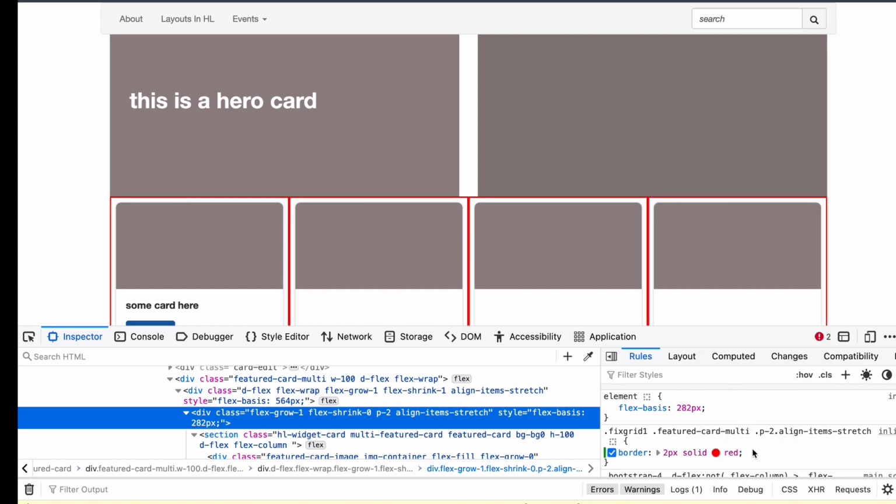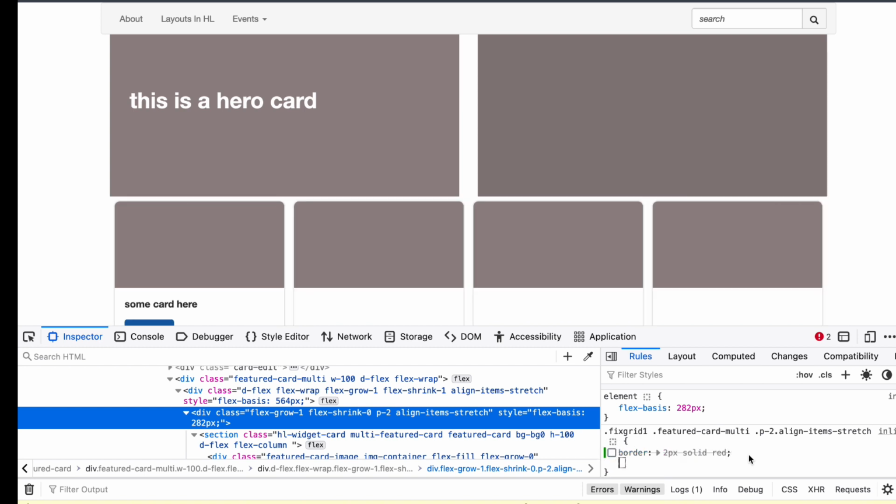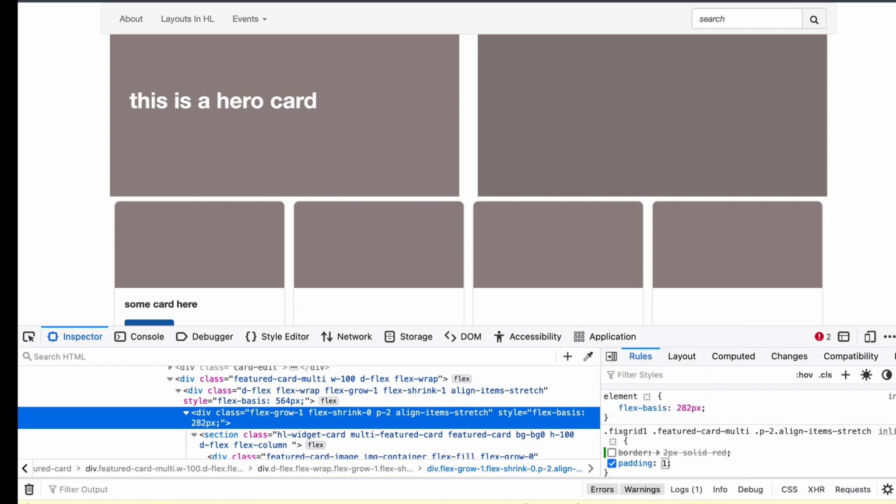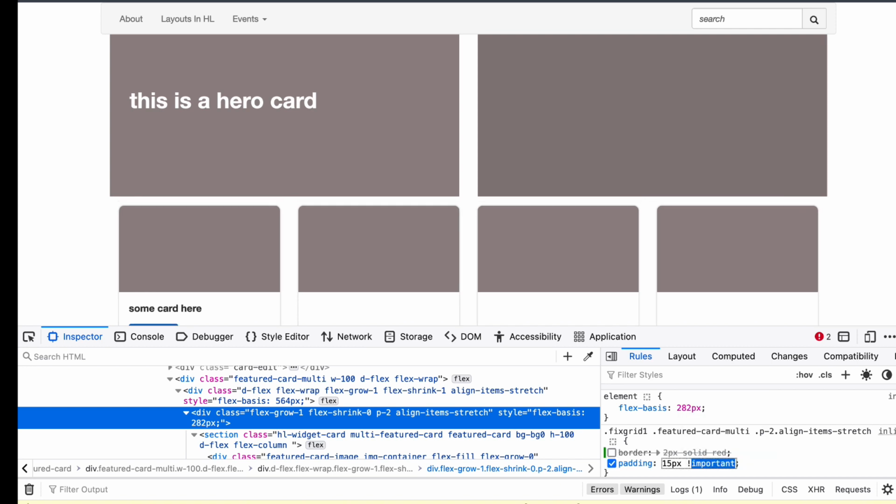Make sure I'm zeroing in on the right item. So I gave it that red border. And that looks like a decent selector we've got. Now I'm going to give it 15 pixels of padding. Okay, now you can see in the middle, we're looking pretty good. That is aligned. But if you look on the edges,